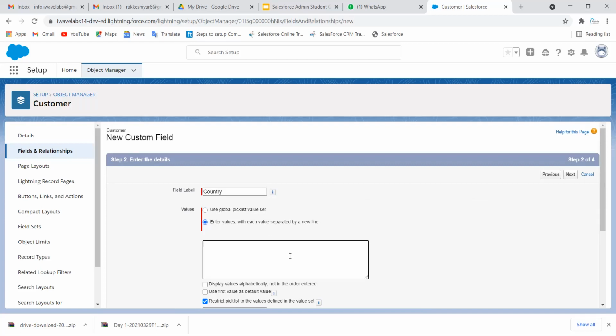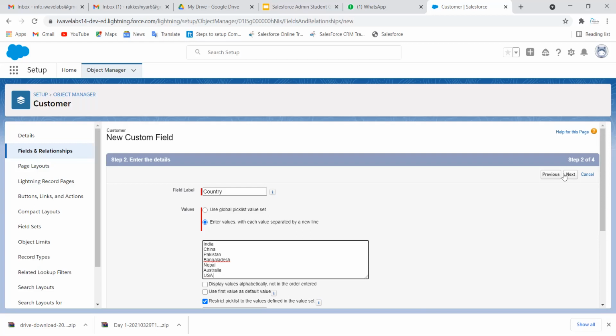Now we go with India, China, Pakistan, Bangladesh, Nepal, Australia, America, or you can go with USA, and so on.